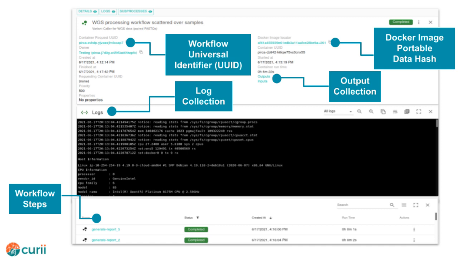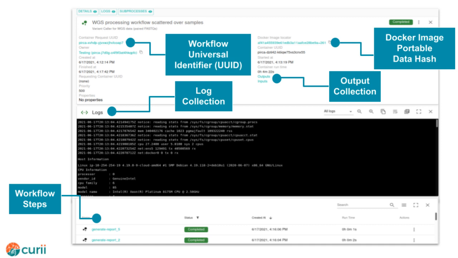Here's what a workflow record looks like in Arvados Workbench. Each workflow run has a universally unique identifier. Workflow steps are run in a container, so we record the Docker image used for the run. We have links to the collections containing the input files and output files.